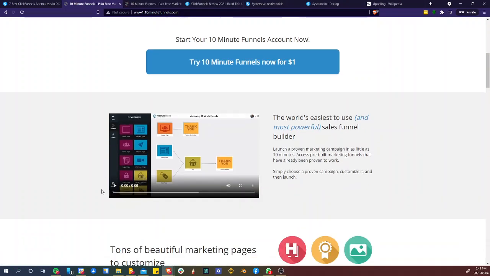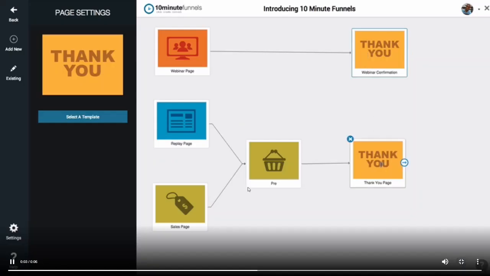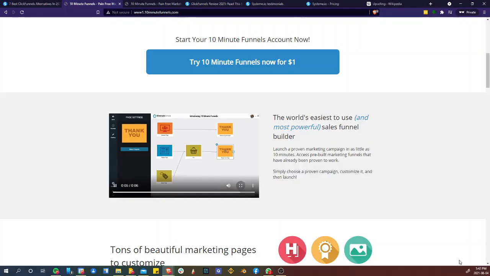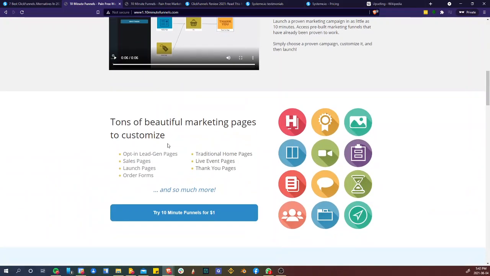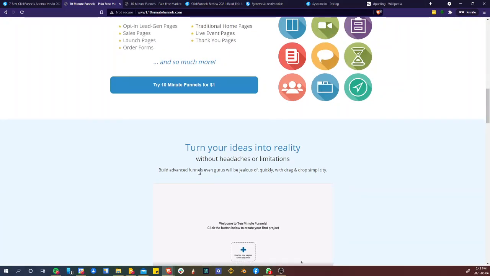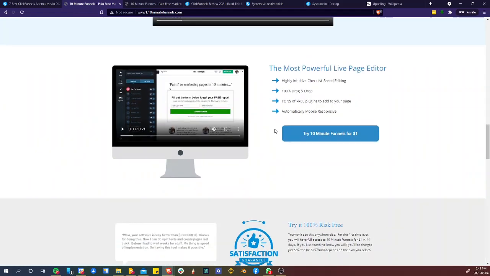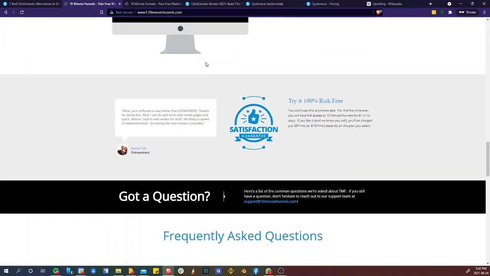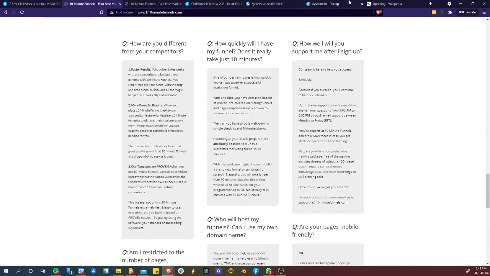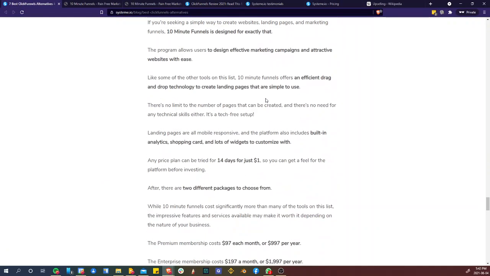They have a super sleek and easy interface. Check this out. Look how simple that is. All visual, right? Tons of beautiful marketing pages. You can really be creative here, but we're not necessarily in the market of being too creative. We're in the market of making money. So we're going to go back here and we are going to go to